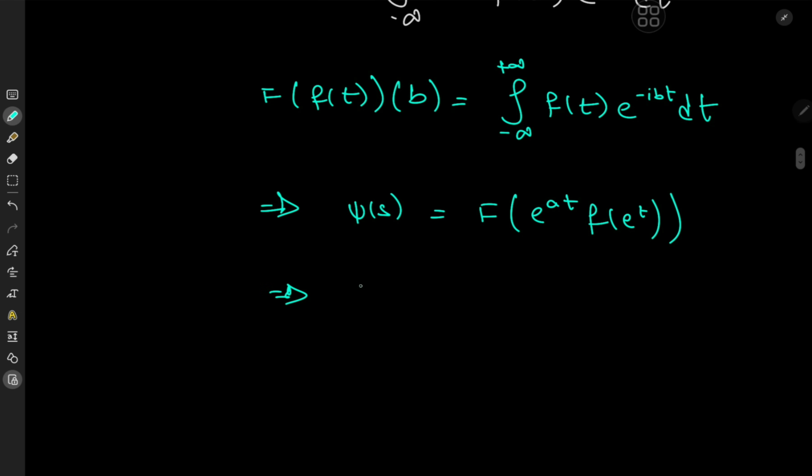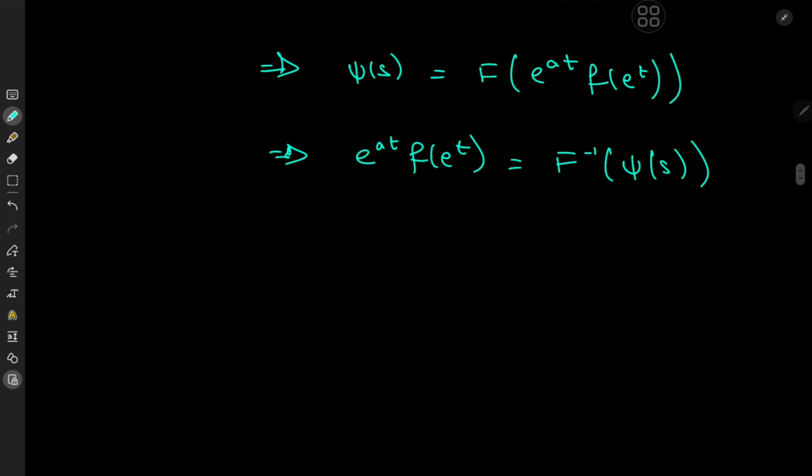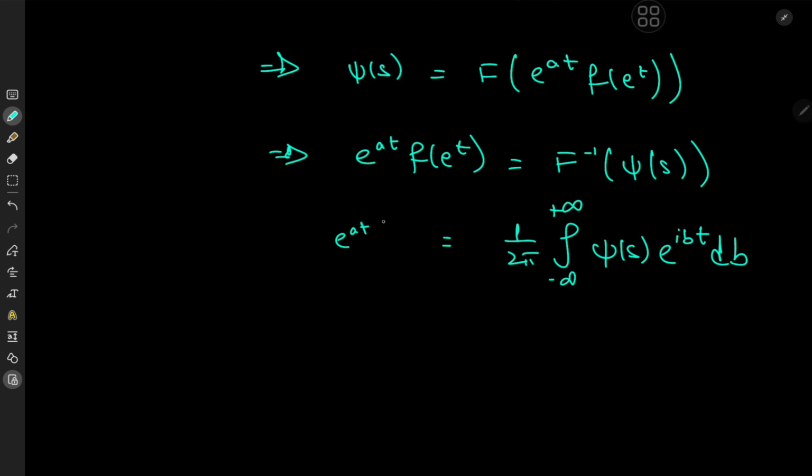and that means e to the at times f of e to the t is the inverse Fourier transform of the function psi of s. Of course, the left and the right-hand sides are functions of t. And the inverse Fourier transform is given by 1 over 2 pi times the integral from negative to positive infinity of our function psi of s times e to the ibt db. Okay, cool. So we have e to the at times f of e to the t on the left,